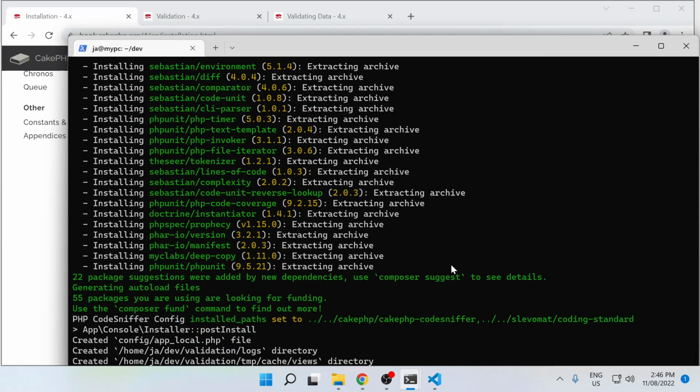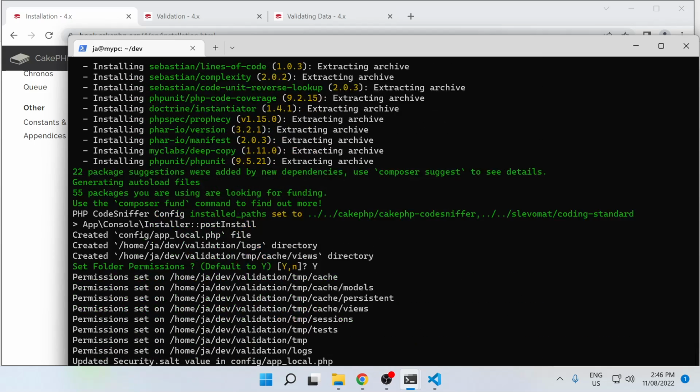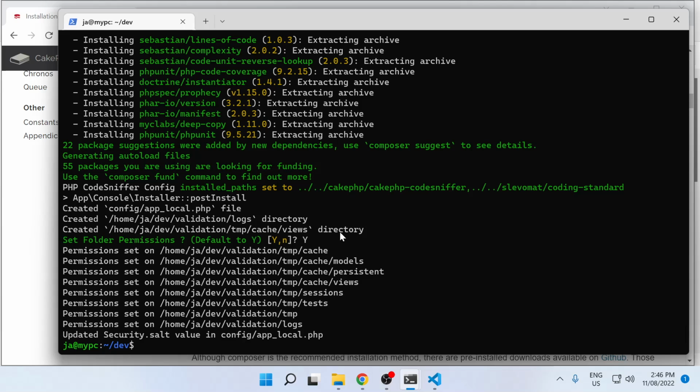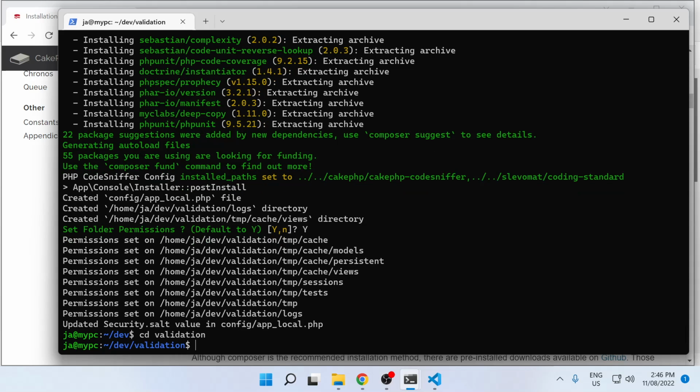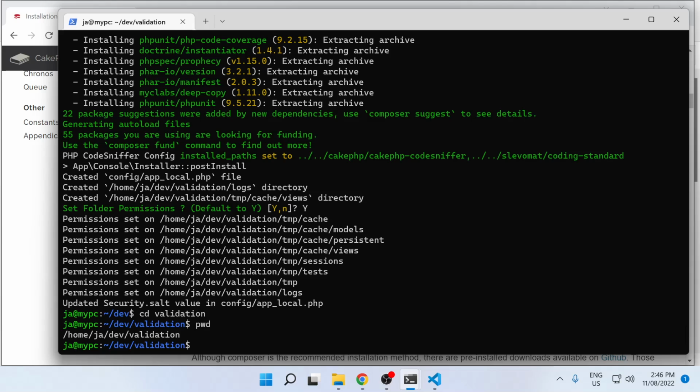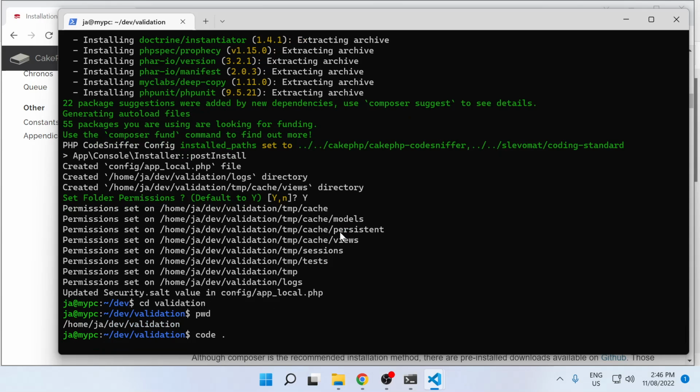Now we're in Windows subsystem for Linux, but we're making sure that we are in the Linux side of it, not the Windows, because it's slow if you run WSL with the Windows folders. So opening up VS Code,